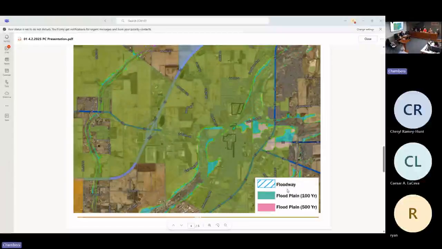We always just refer to FEMA and the DNR anyway. We don't like the rules. I mean, this is somewhat, they worked with us to tailor it to our community, but